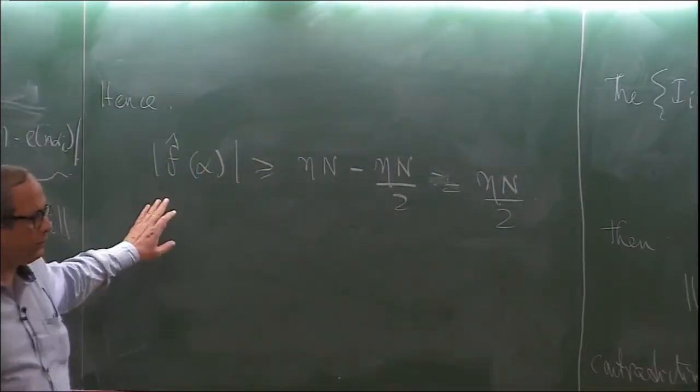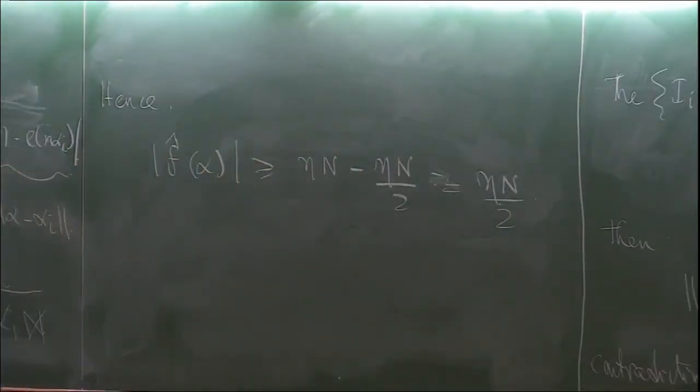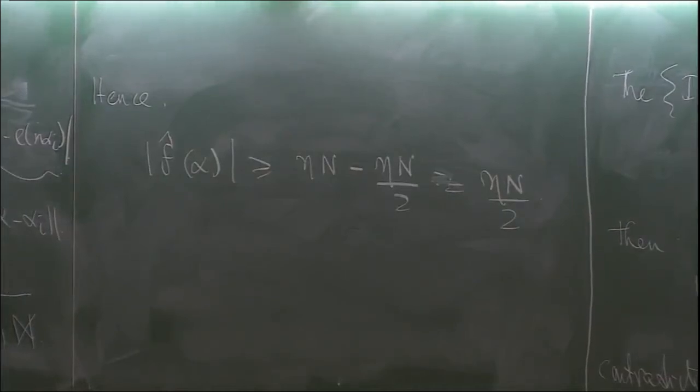So the Fourier transform is large on this union of intervals, and the number of these intervals is, so now